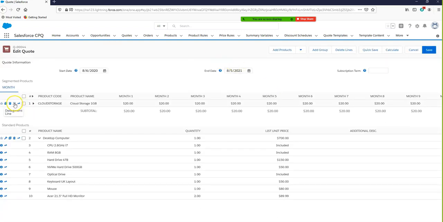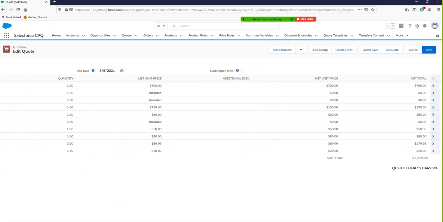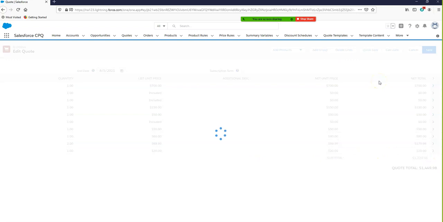So, and see this little wizard right here, the little wand right there? If I click on that, that's going to desegment it. So this way, it kind of answers your question where it's a little bit easier. Now it's defaulted for the $20. If I do a quick save,